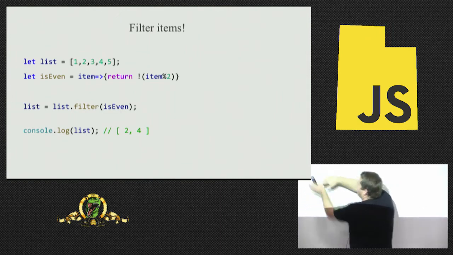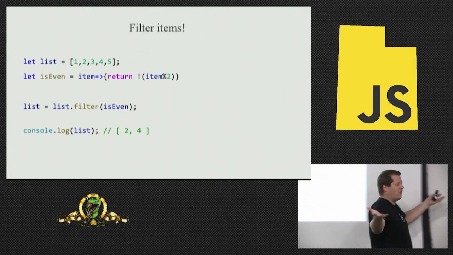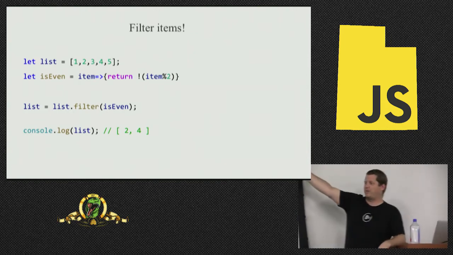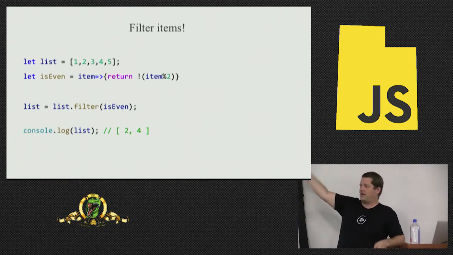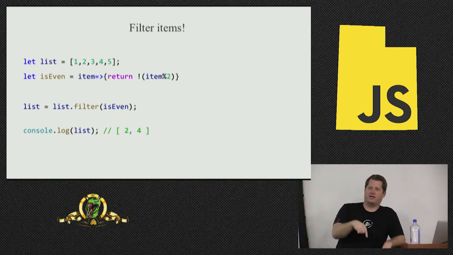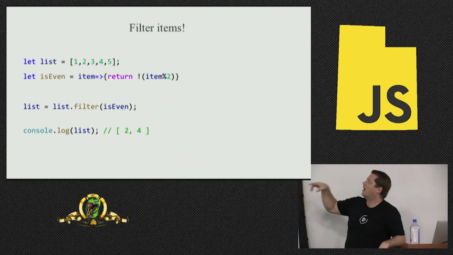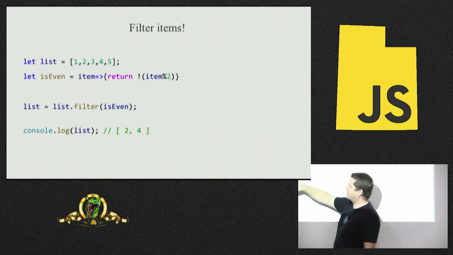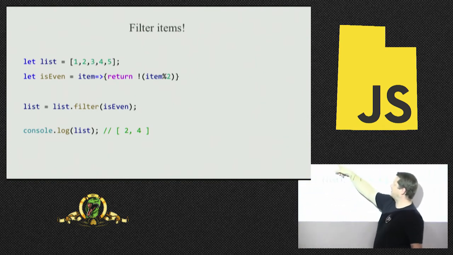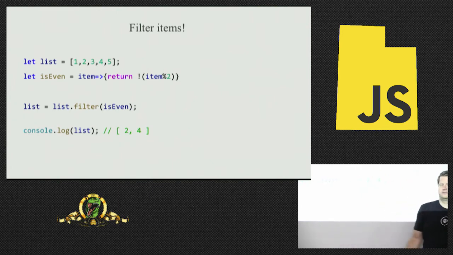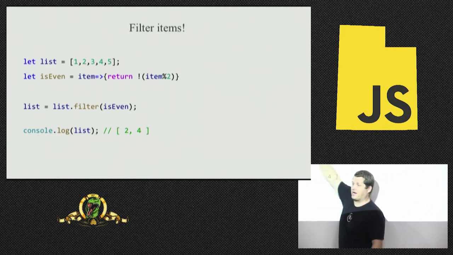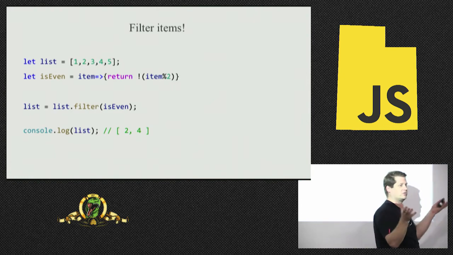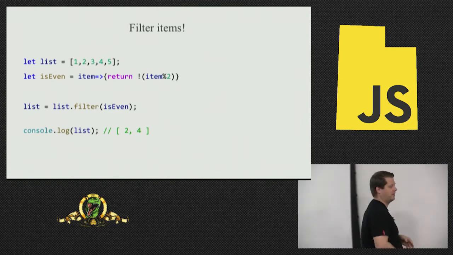Okay. Ignore that, right? What is this function doing? You can just look at it and tell me what it's doing. I'm filtering out the odd numbers. I'm only taking the even numbers. And you can tell that because, look, list.filter is even. Self-explanatory. I didn't need to put a comment up there because you can just read the code and see, hey, yeah, that's exactly what it's doing.